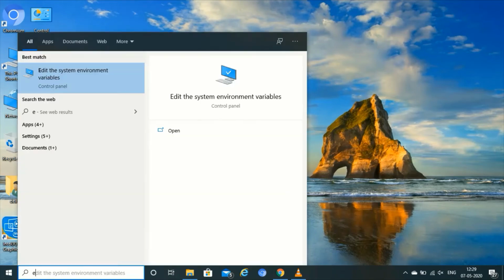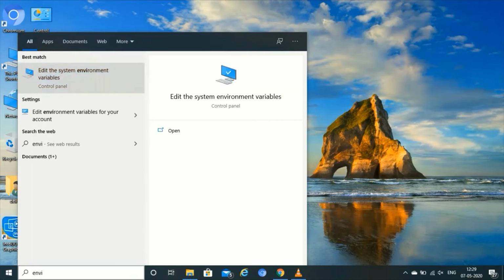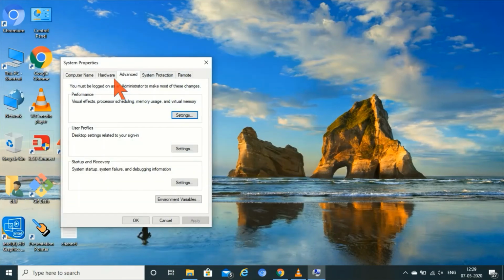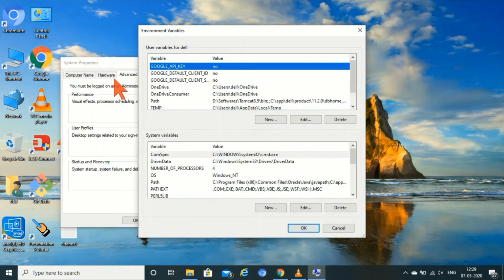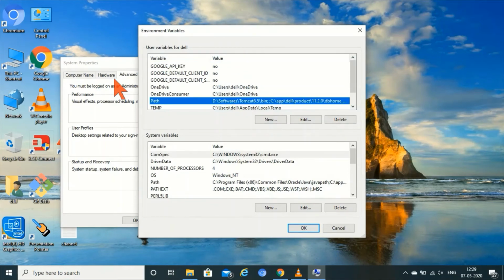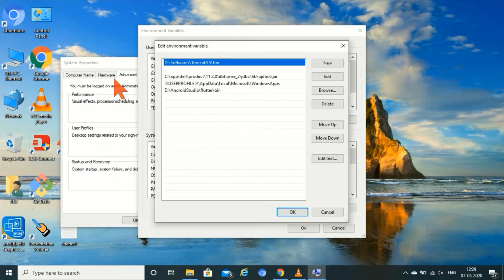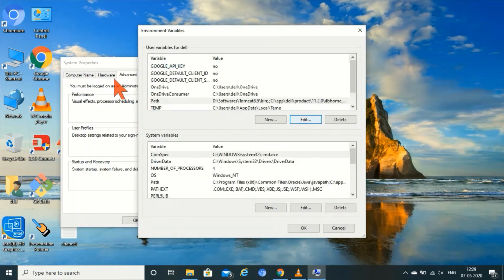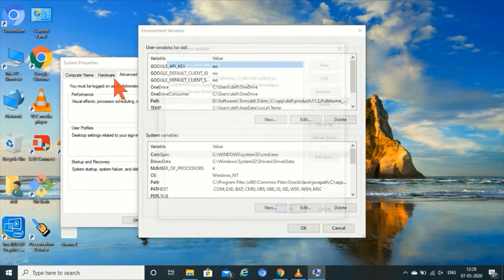Directly search for environment variables. Edit the system environment variables is there. Open this and click on environment variables. Select the path. Edit.